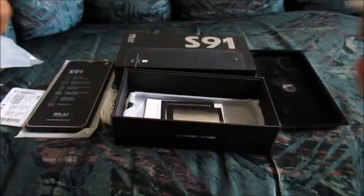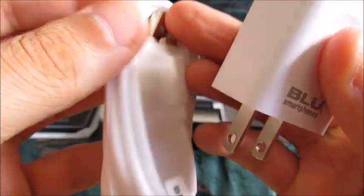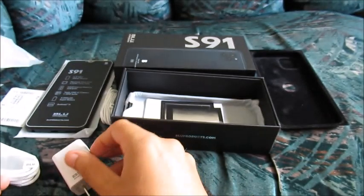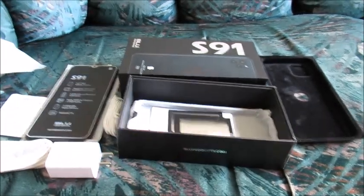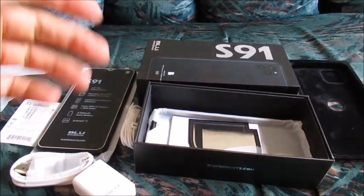Or if you just want to charge your phone the fastest way possible, you connect this end of the USB cable to your adapter, and then it goes into the outlet. So great, we have the earbuds, we have the USB cable. I mean, the USB cable isn't really an accessory, it's kind of required, but the earbuds are definitely a nice